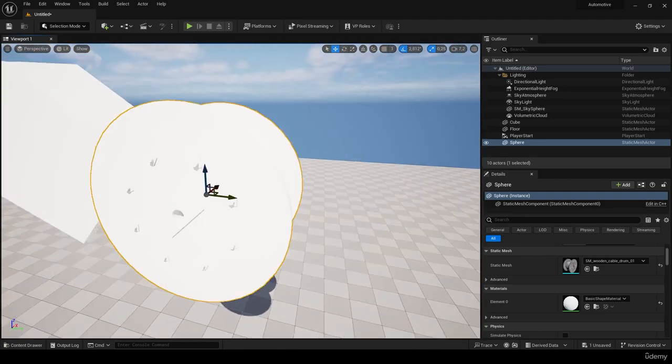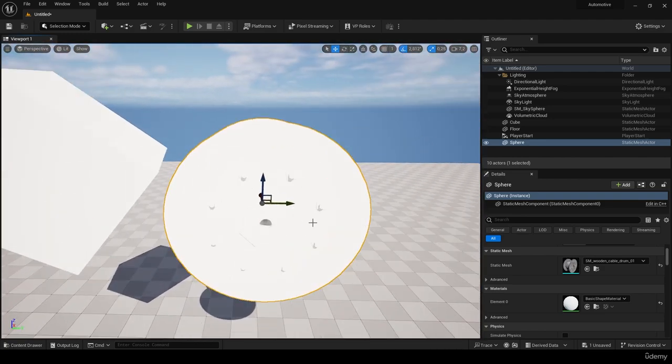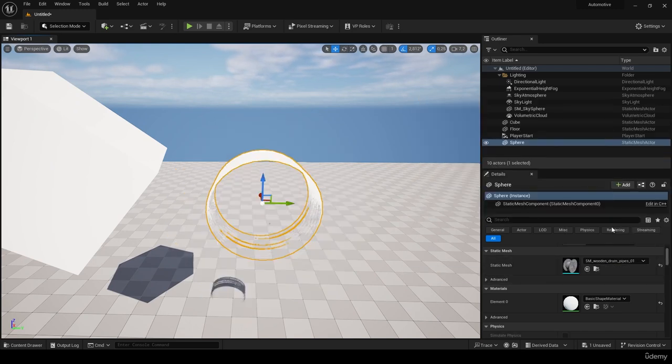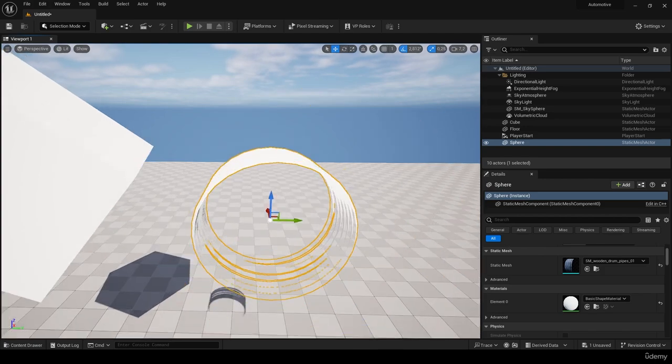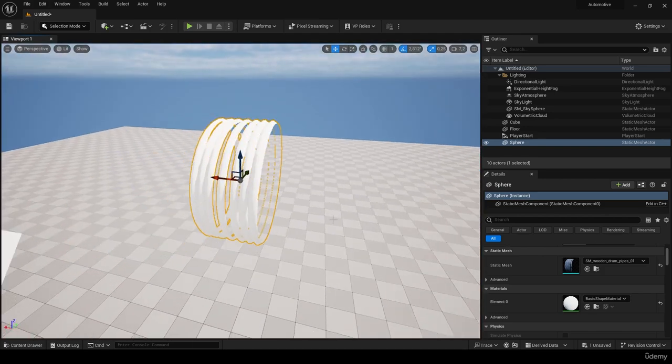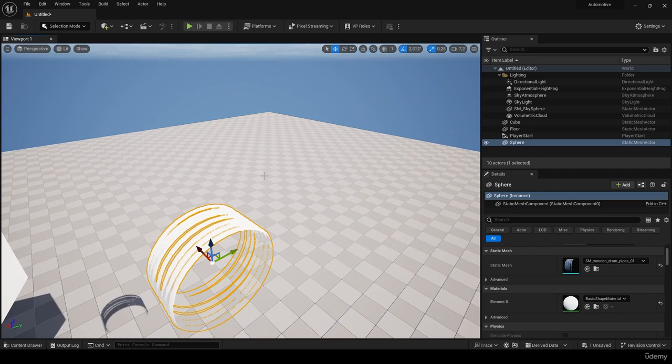It's not any asset. I don't know. It's okay. It's something. Wooden cable drum. Okay, it's wooden cable drum. So from here you can switch it with any asset you want which you have in your project, for example, without adding it